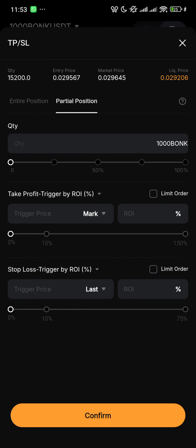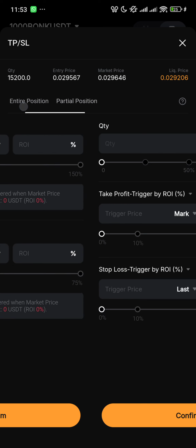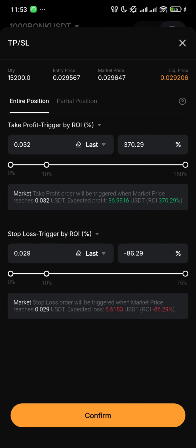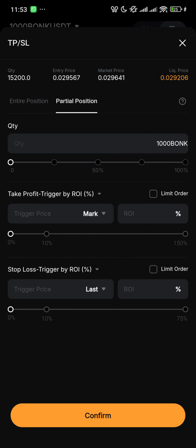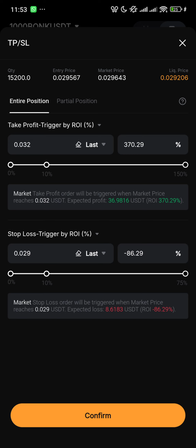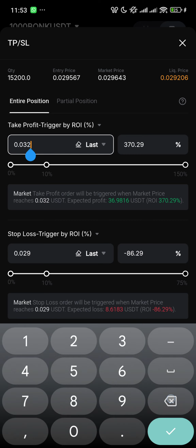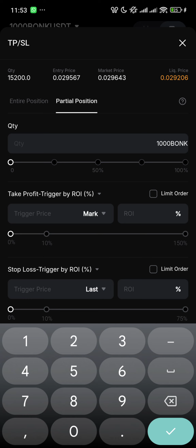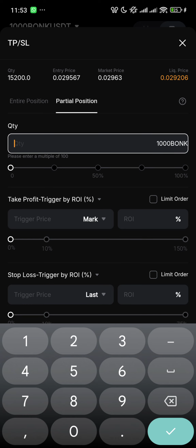Partials is where you come to adjust your take profit. Before you adjust the partial, you can edit your entire profits. If you want to set 3 take profits, let's take this off so it doesn't affect our partial. So you come to partial. For example, you took the trade at the exact price point we gave you. How do you set your take profit for those 3 levels you have highlighted on the analysis? You can now put in